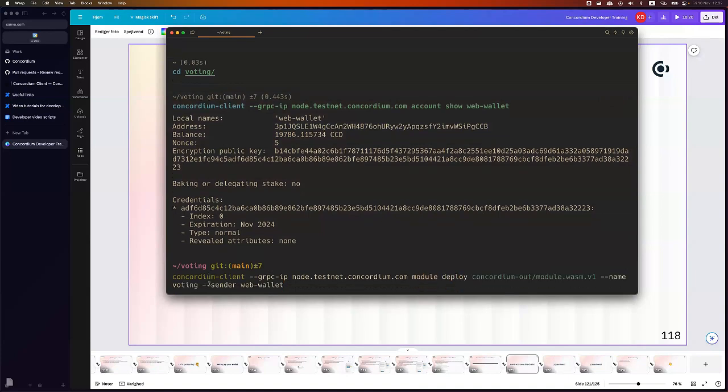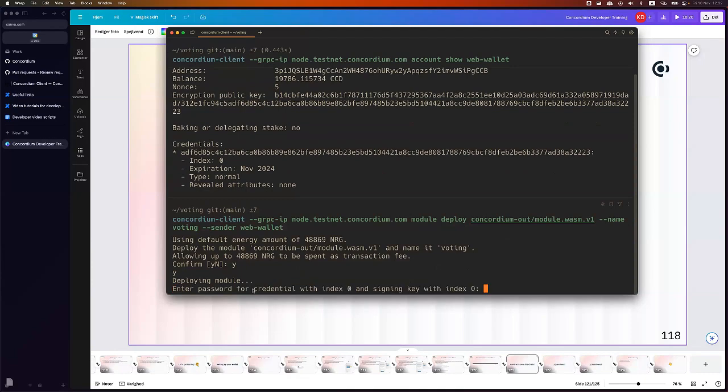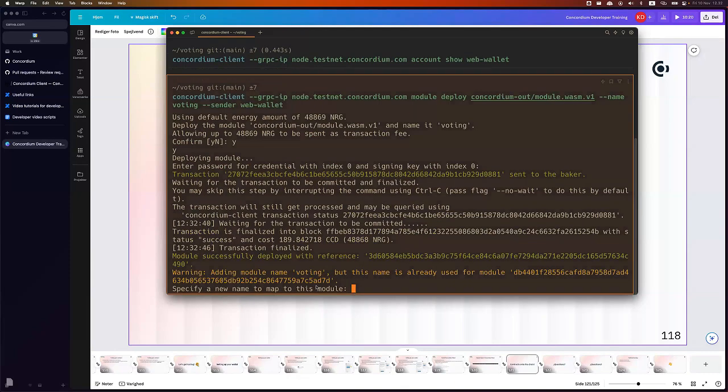So we are deploying this contract here, which lives in here. This is the Wasm module that we also use for testing. We'll give it a name, and then we'll say who is the sender, which account is sending this. This is very similar to what you just did in testing, right? So we say, yeah, it sounds good. It calculated that it will use nearly 49,000 energy, and I'm entering my password, and then it's signing the transaction and sending it off to a node, and then it says waiting for committed, or